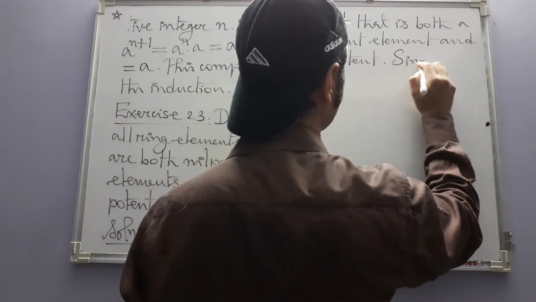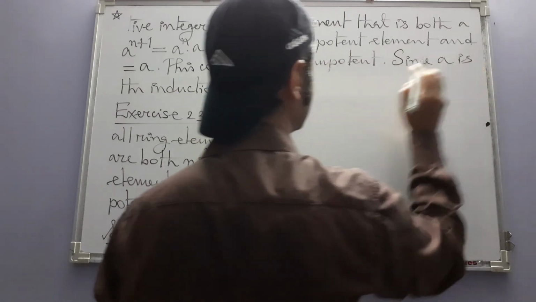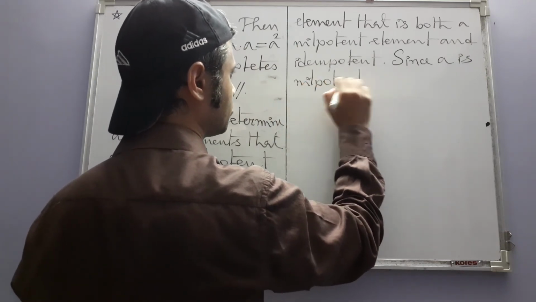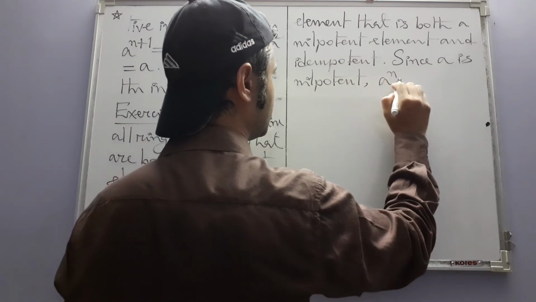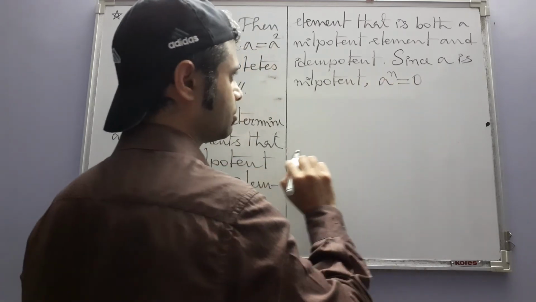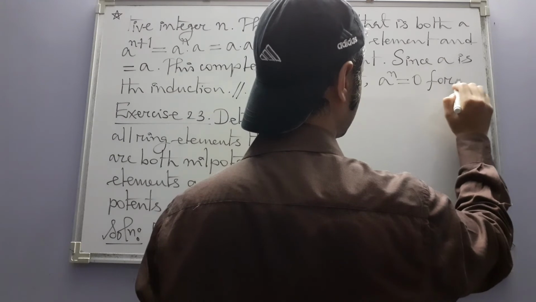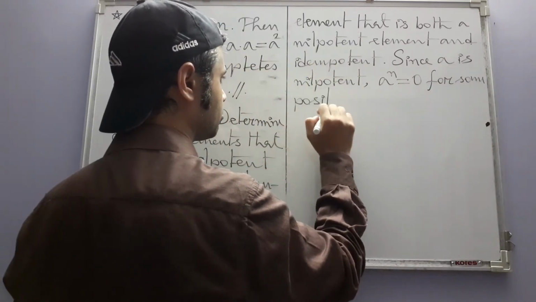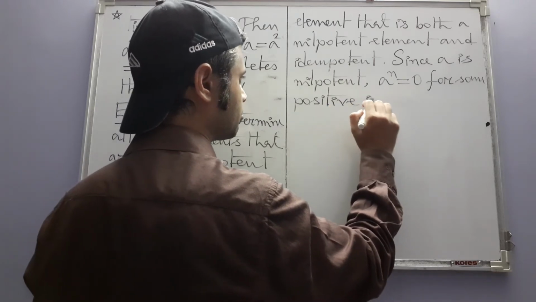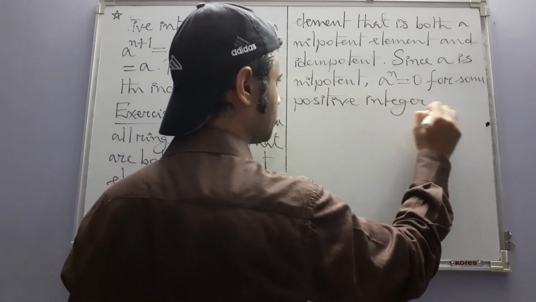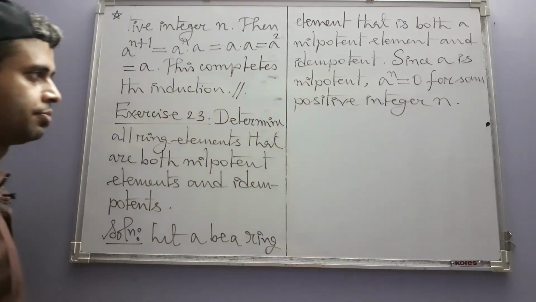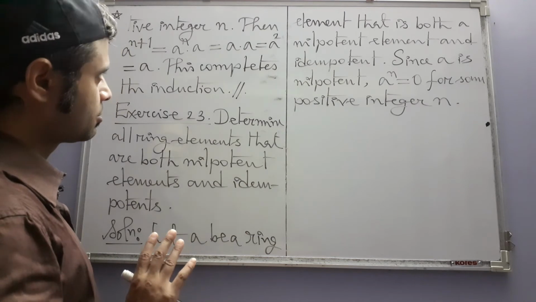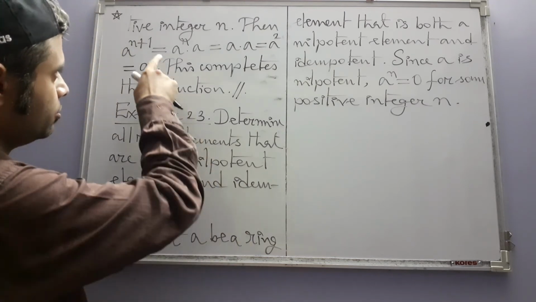Since a is nilpotent, a to the power n is equal to 0 for some positive integer n. But at the same time a is idempotent also, so we can very nicely use the result